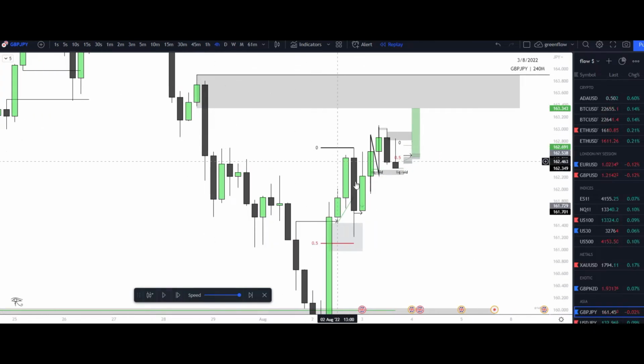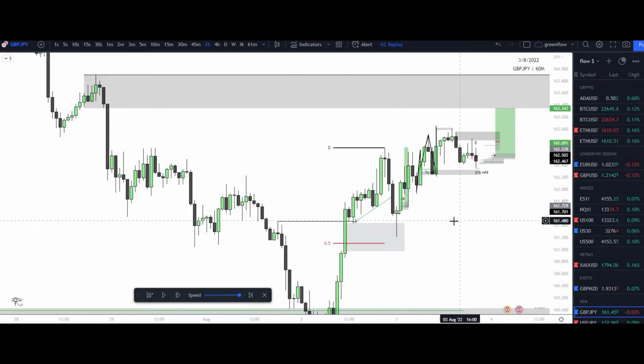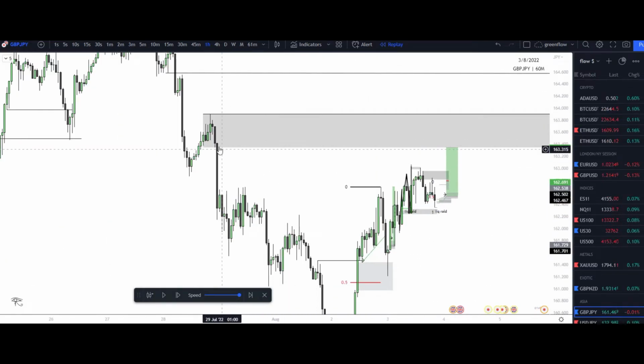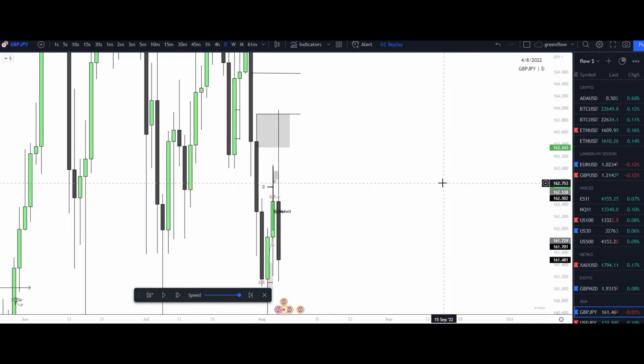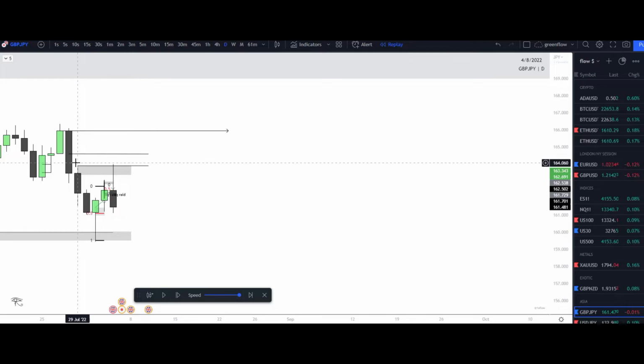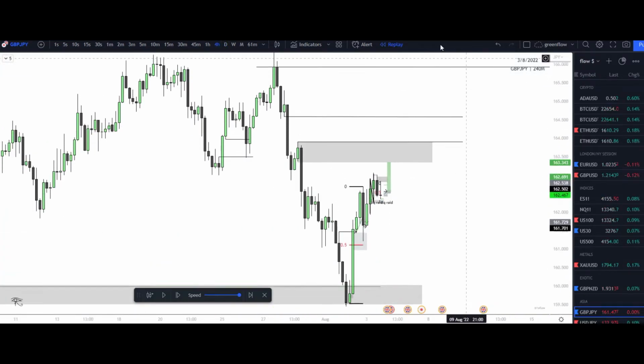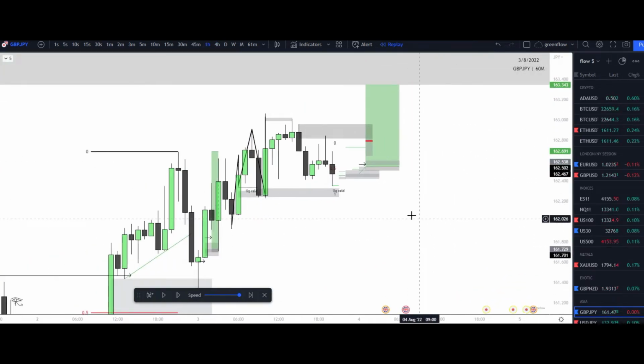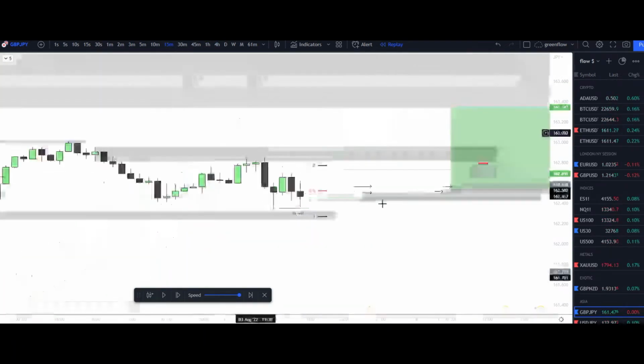Our 4 hour is still bullish. Let's go to the 1 hour. We know that if we still respect this low or this low right here, raid liquidity to the downside, we could still reaccumulate and come into areas higher that are unmitigated, right here. And then our overall, if I go to the daily range, I'll show you that daily fair value gap that was formed right here as well, following a liquidity raid to the upside. So let's go on lower time frames now.